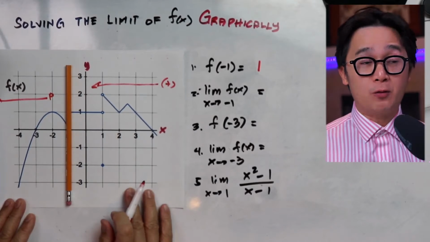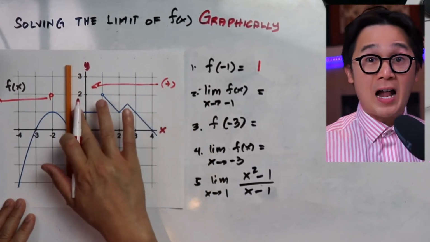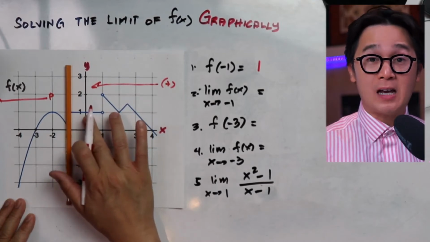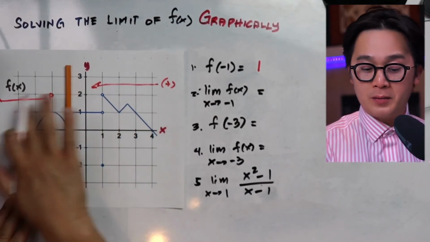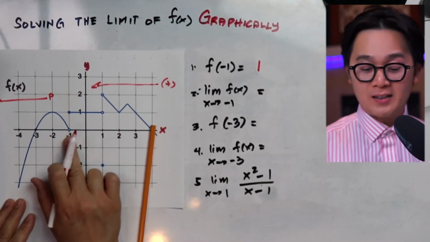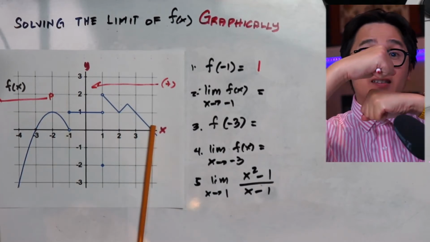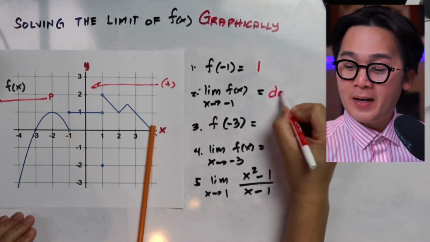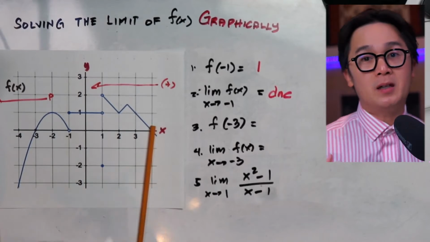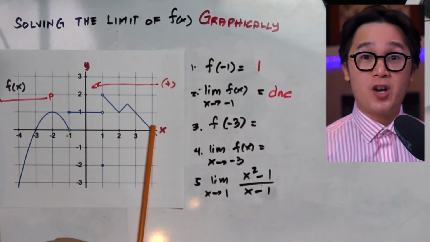Coming from one side, the value of our f of x is at y equal to 1, but coming from the other side, the value of our f of x is now at 0. So that means this limit does not exist,